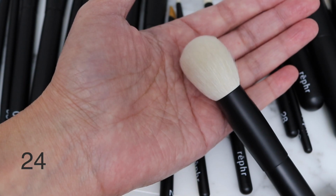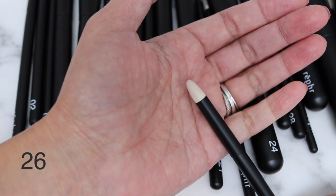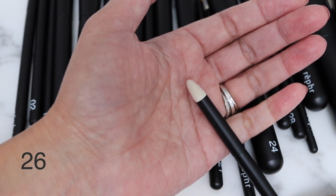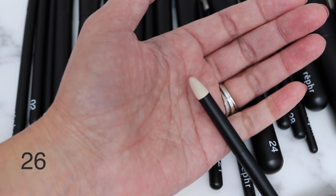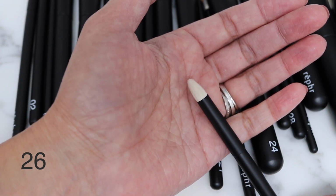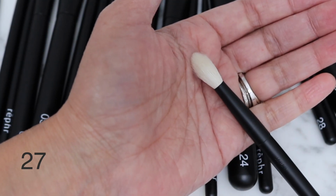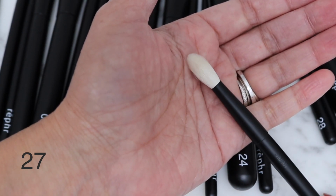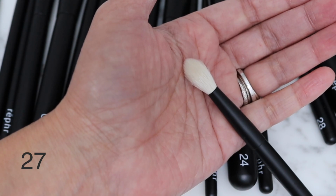and buffing foundation. Brush 26, the large sibling in our pencil brush lineup. Brush 26 enables effortless work on inner and outer corners with speed and an unexpected level of accuracy. Number 27, compared to our other crease brushes, brush 27 is fatter and fluffier on top, making it an ideal